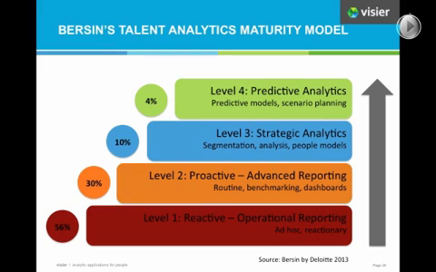They put together a maturity model that looked at trying to give particular names for where people are: at a reactive level, where you're really focused on a lot of that tactical, operational reporting. Or a proactive level, where you're getting to the more advanced reporting, you're getting information pushed and delivered, you've got summarized information in dashboards, you've achieved that level. Then the strategic, where you're starting to get some of the things I talked about, the segmentation of the workforce. You've got some models of how you're expecting the workforce to develop that you can test against. And then ultimately that level of predictive, where you've transitioned from looking at the past to being able to make